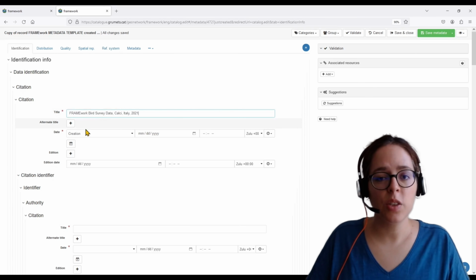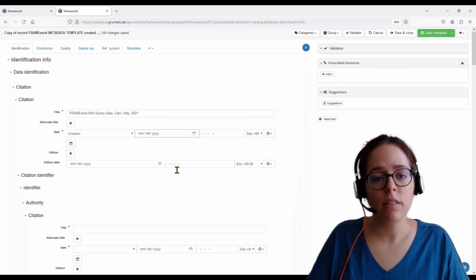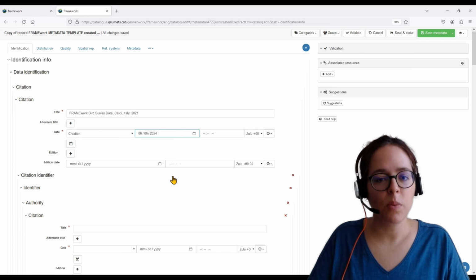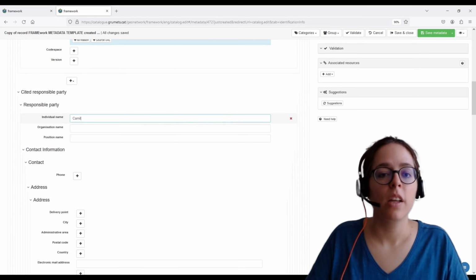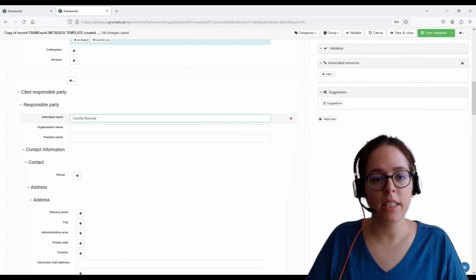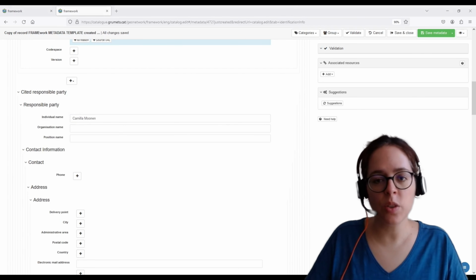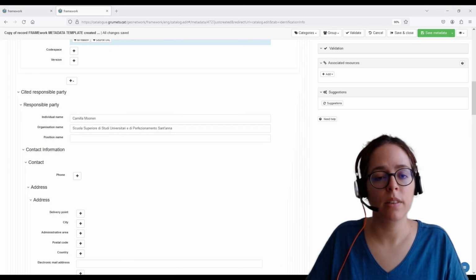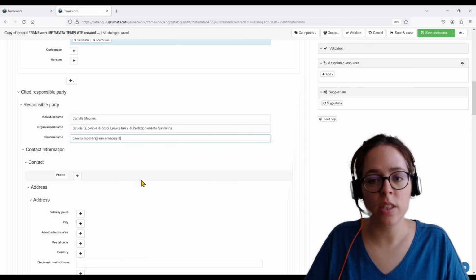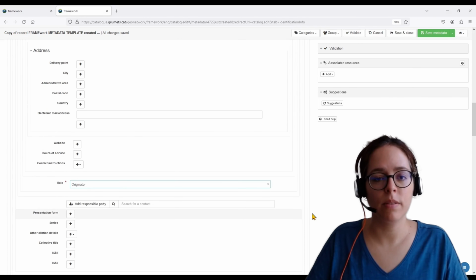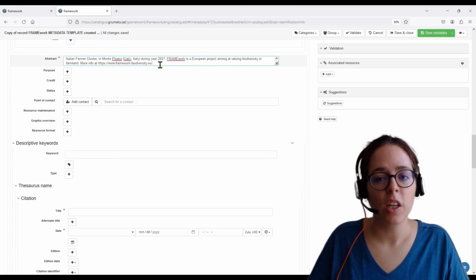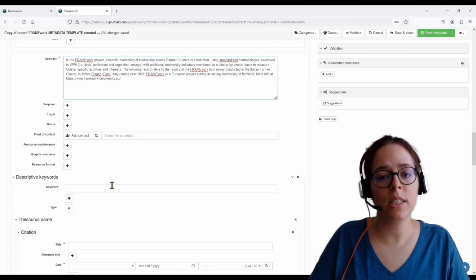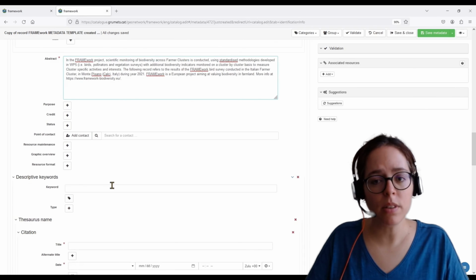In the Identification tab, you can enter a title, the date when the metadata record was created, the responsible party of the dataset by including the organization name, the individual name, the electronic address, and the role of the person. Next, you can add an abstract describing the dataset. For example,